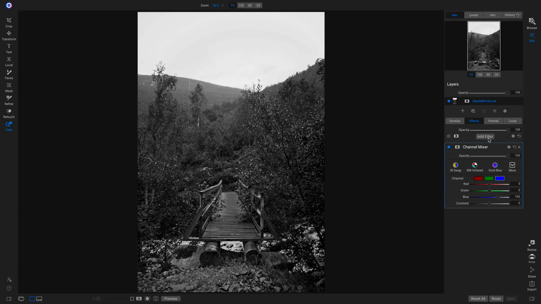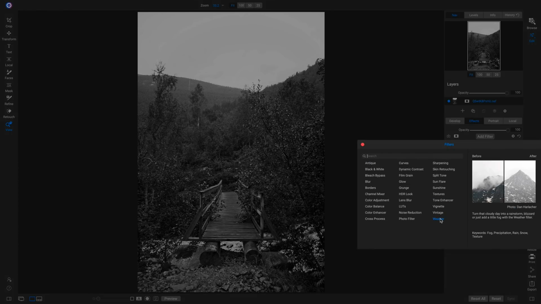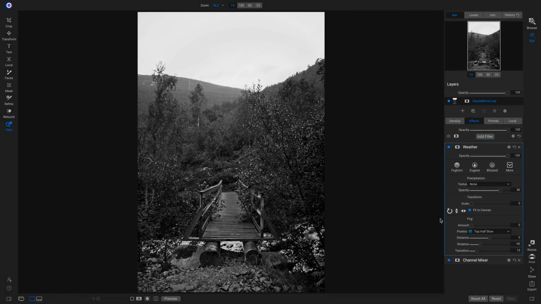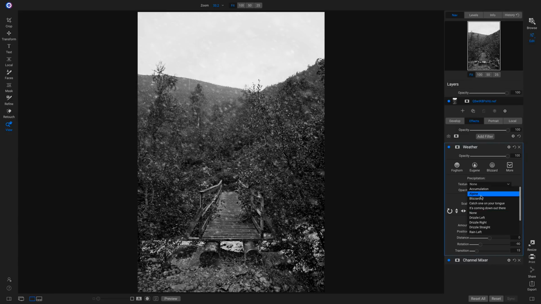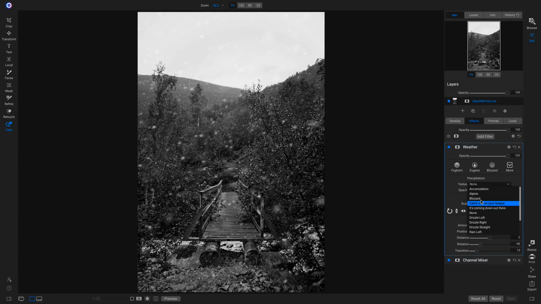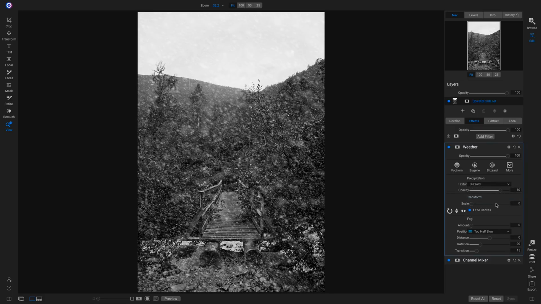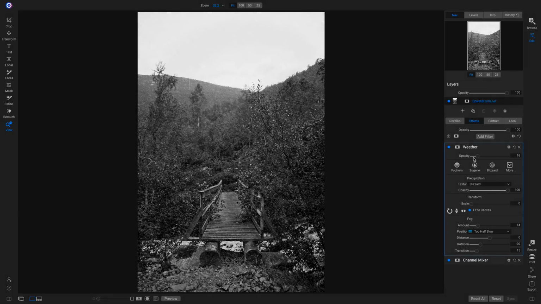So now I'm going to add another filter, and I'll add the weather filter. I'll go into textures, and I'll choose, let's choose blizzard. Let's make it look like it's blizzarding. So I'll pull up on the opacity a little bit, and then I'm going to go down to my fog. It's at top half slow, so that's perfect. I can just pull up on this a little bit. That's going to bring in some of that fog, and then we can lower the opacity just a hair,